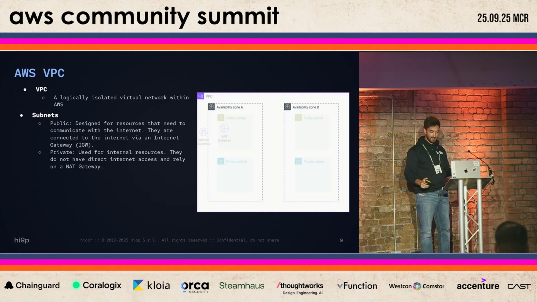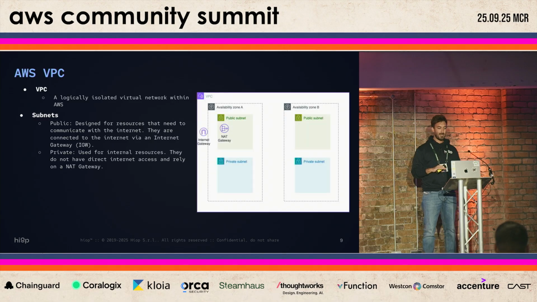Inside the VPCs, you create the subnets. The subnets could be public or private, and what differentiates private from public is the internet gateway. If you create an internet gateway and configure access to it, then the resources deployed inside the public subnet can communicate easily with the internet.